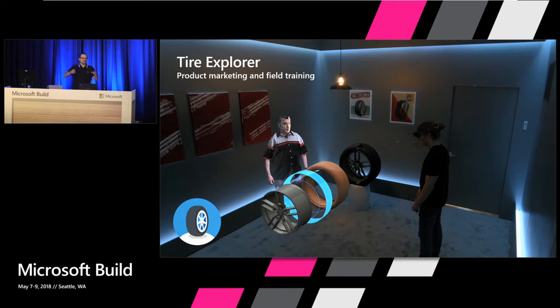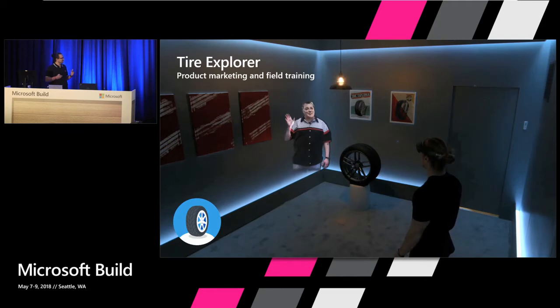So you have probably seen some apps there this week. They have these aquariums, so we had Tire Explorer running there as well. Pretty exciting, and a couple of lessons learned here. So what we're first of all using is so-called Vuforia model targets. Actually, let me roll the video here real quick.